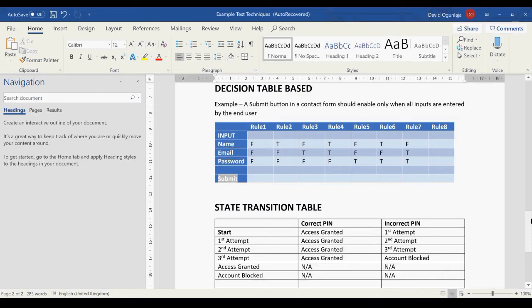But this time around, you need to cover different types of scenarios, and this is where your decision table comes in. Sometimes they call it a cause effect table. So a combination of inputs is a technique that you use for functions that respond to a combination of inputs or events. So some things need to work together before